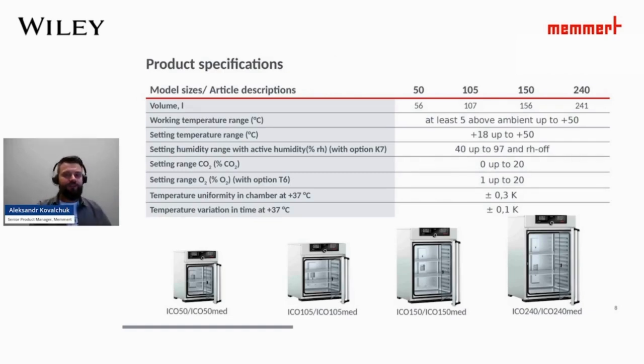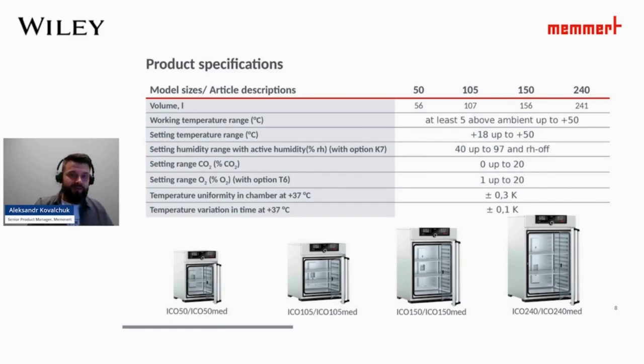Let's take a look at the product specification of CO₂ incubators. Memmert ICO incubators are available in 4 sizes: 56, 107, 156, and 241 liters, with a setting temperature range from +18 to +50 degrees. But the working range is at least 5 degrees above ambient temperature, up to +50. There is no humidity control with passive humidification provided by means of the water tray located in the chamber. In this case, humidity in the chamber will be kept at a maximum of